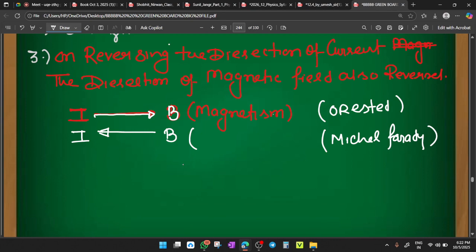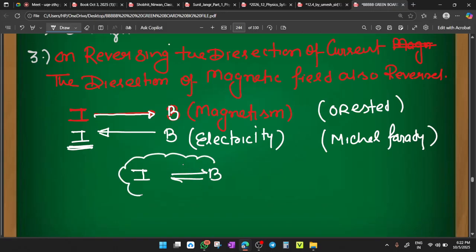Here is the development of magnetism, and here is the development of electricity. Clear? So you can say there is a strong relation between current and magnetism. This whole subject in which you study the relation of electricity and magnetism is called